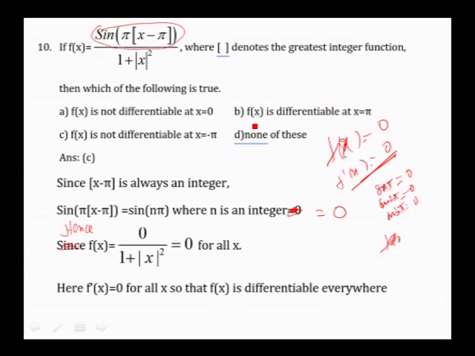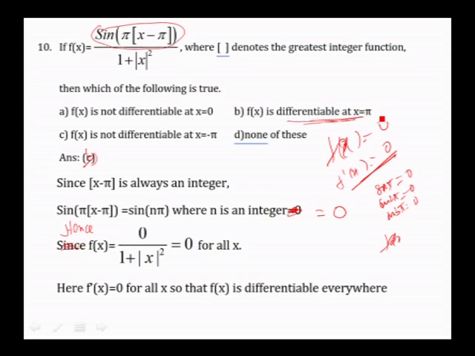In the given answers, if you write fx is differentiable at x equals pi, there is nothing wrong, because it is differentiable everywhere. The best option is differentiable at x equals pi also. So even if it is given that it is differentiable everywhere, then also you can write that option. Here the option is actually not C, not differentiable. Option is B. Correct that a bit. Option is B. You can even modify this and write fx is differentiable everywhere,